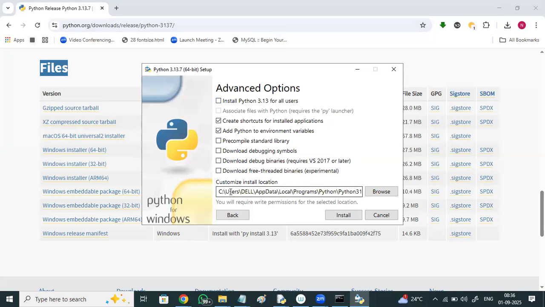You need to enter into all the subdirectories. Tomorrow, if you want to look at where that Python got installed, or if you want to install any external module of Python, you need to enter this very big path. So instead of that, I'll remove all this big path and install Python in the C drive. I'm saying C slash Python313. Say install.